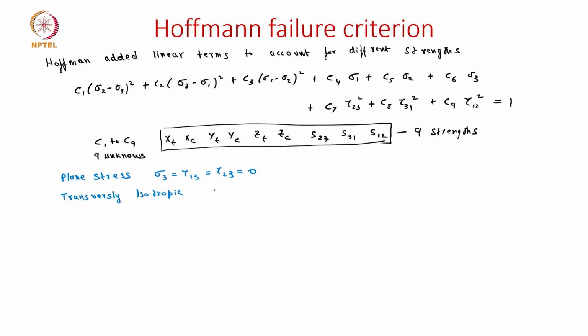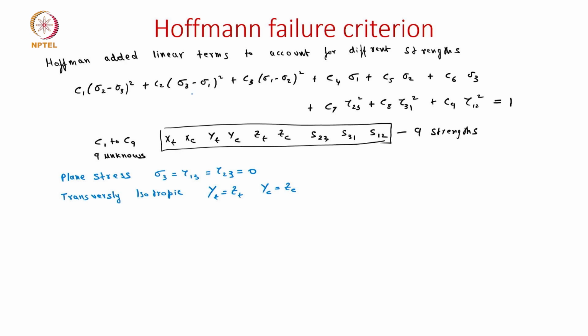Like we showed earlier, it is transversely isotropic, since the plane of directions 2 and 3 will have properties the same in all directions. We can now write that as YT equals ZT and YC equals ZC, meaning the tensile strengths in directions 2 and 3 are the same, and the compression strengths in directions 2 and 3 are the same. So once we make these simplifications, where we move from a 3D state to the 2D state with the assumption of plane stress, and then we also assume transversely isotropic because most lamina can be assumed in this fashion,